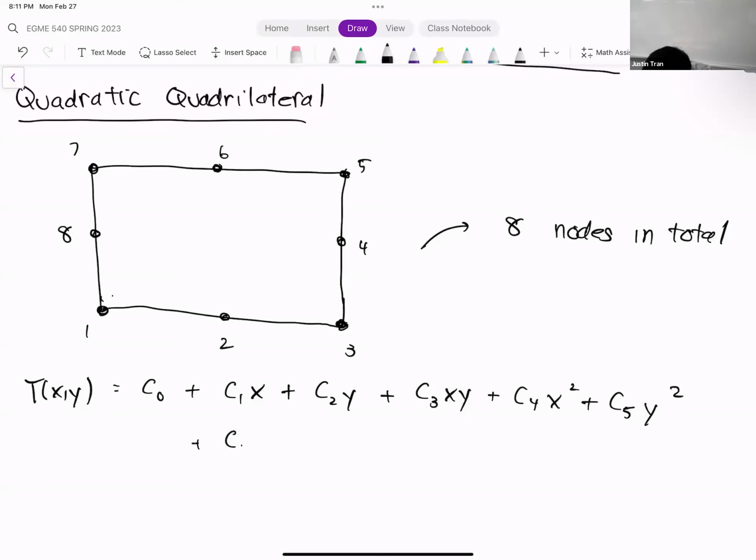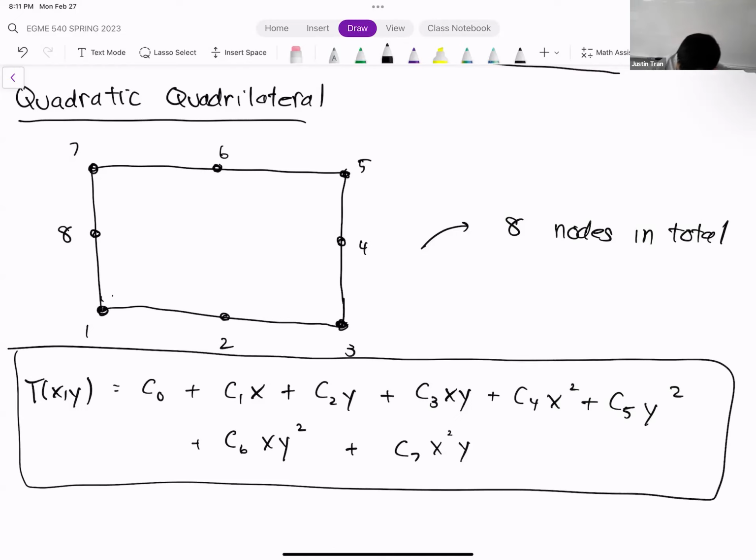And so we have C6 xy squared and C7 x squared y. So once again, we have terms that, strictly speaking, are not quadratic, but they're pseudo quadratic. The last 2 terms, technically, are power 3, and so they're not quadratic, but individually in x and y, they are quadratic. Okay, any questions on this?